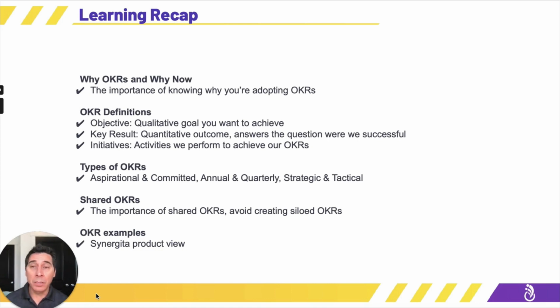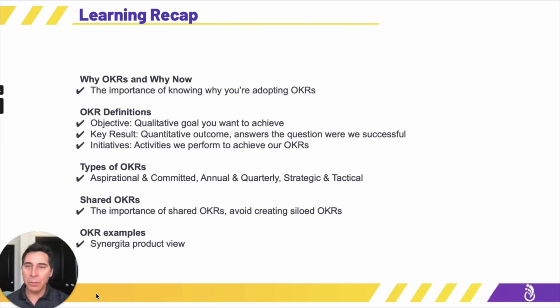We also looked at some OKR definitions, the objective, right? We talked about how that is the qualitative goal, right? The heart. We looked at the key results as the head, right? That's the quantitative outcome. That's how we know that we've accomplished our goal, right? Because there's that metric that's associated with it. And then we talked about the initiatives, right? That being the hands, right? The activities, the things that we do, our backlog of items, our user stories, epics, right? These are our initiatives. These are the things that we do in order to meet our key results.